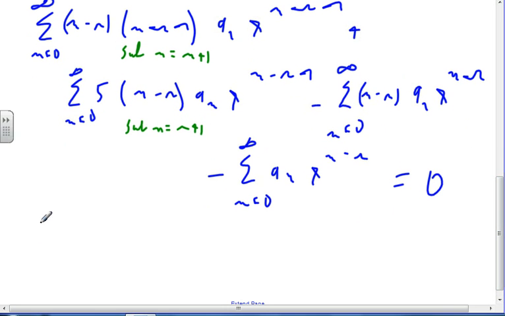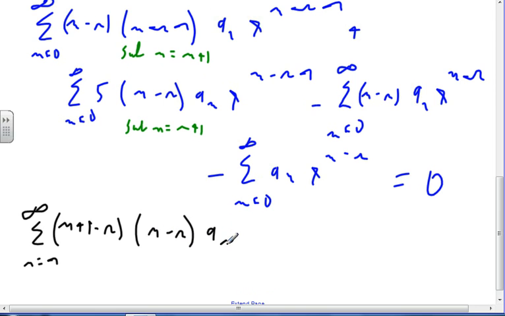All right, so I've got summation n equals minus 1 to infinity of (n plus 1 minus r)(n minus r) a_(n+1) x to the n minus r,